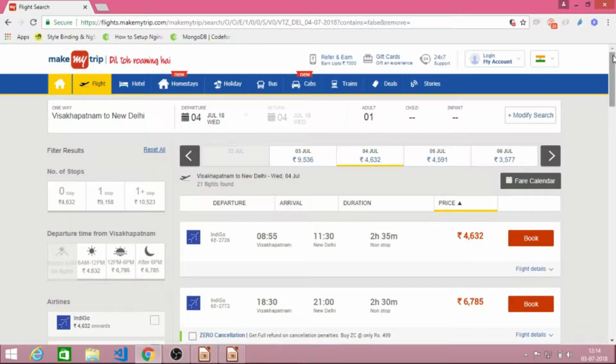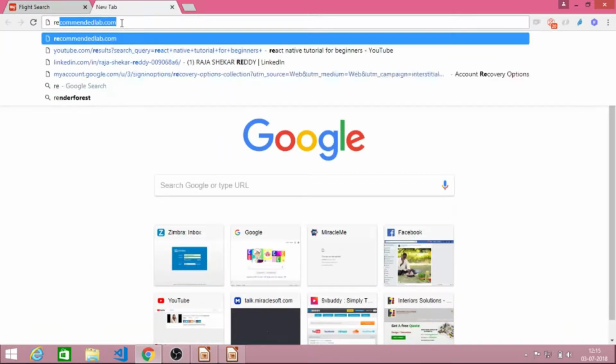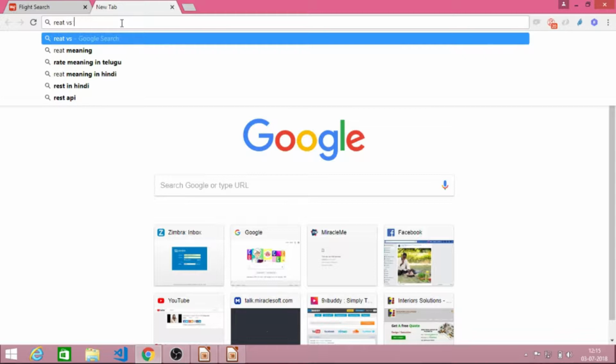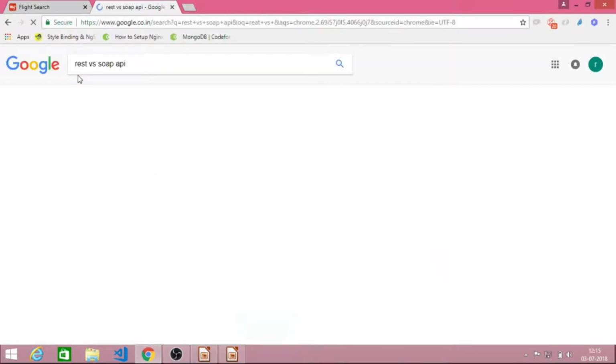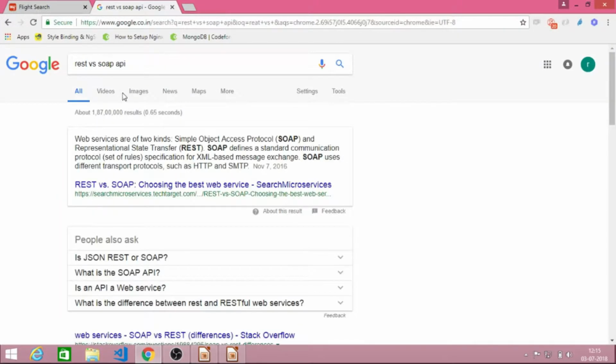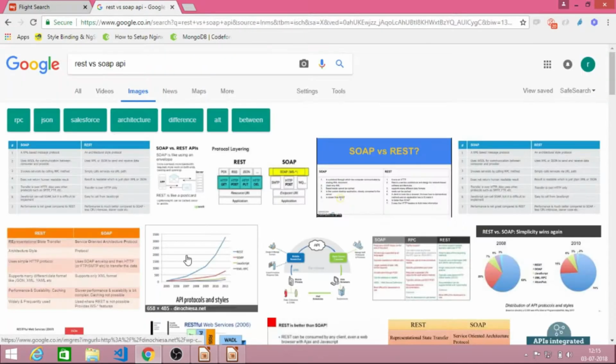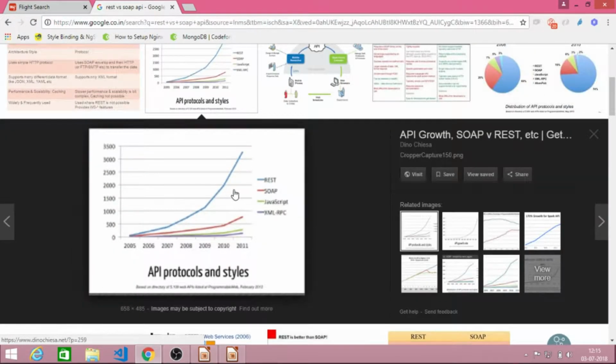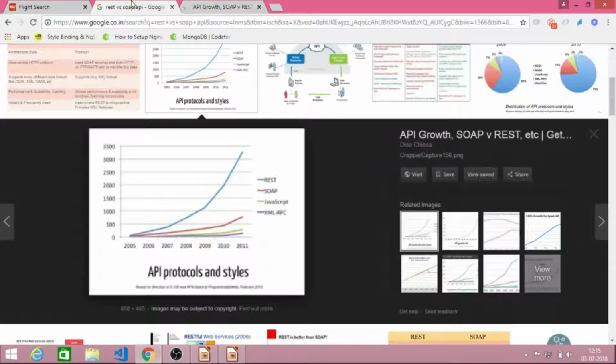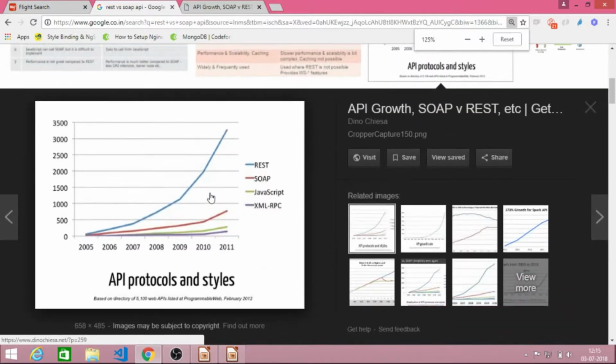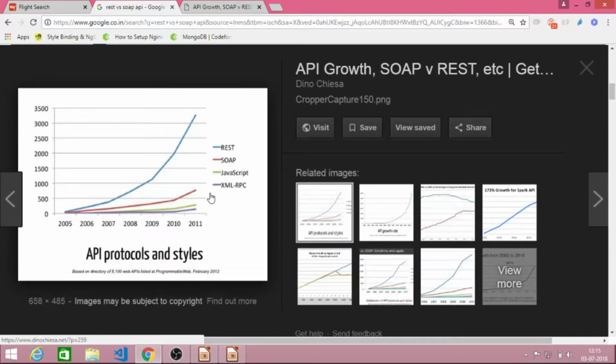Let's see this graph. Firstly we had SOAP APIs.